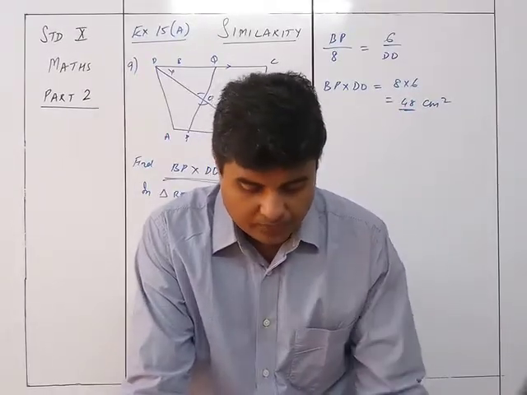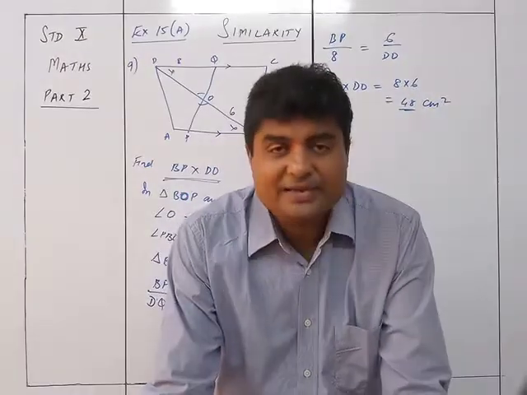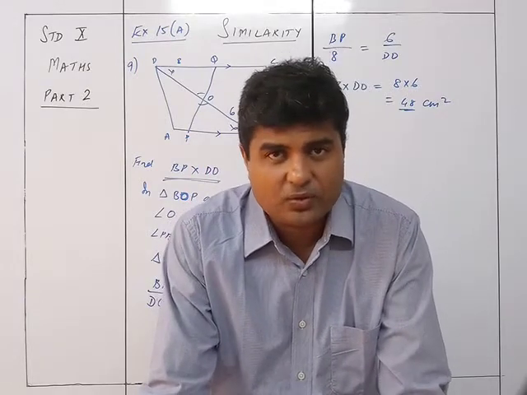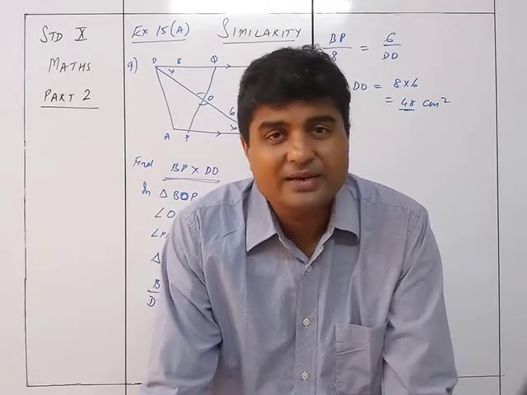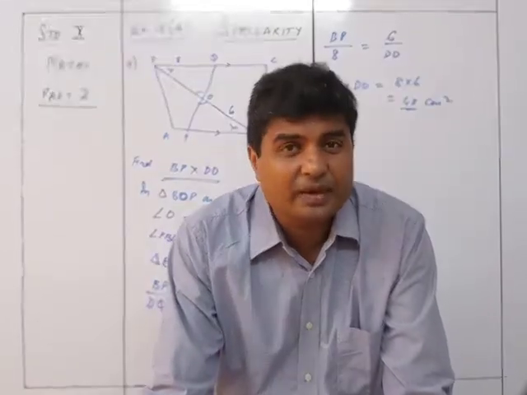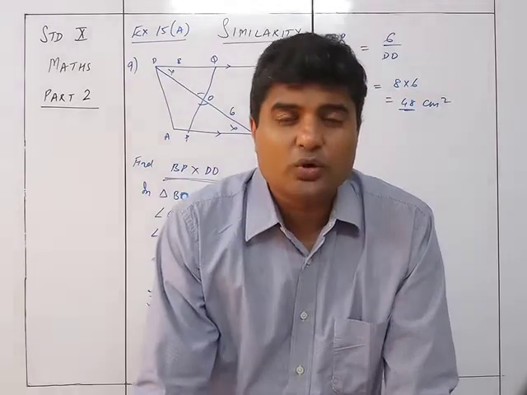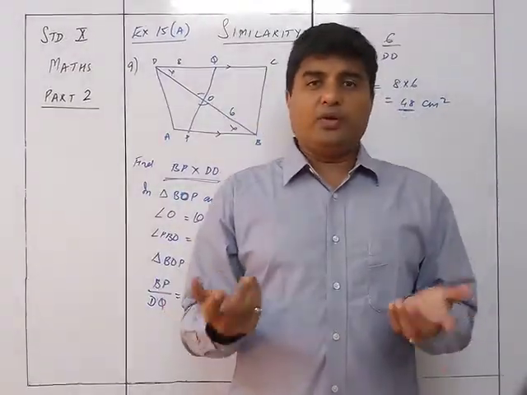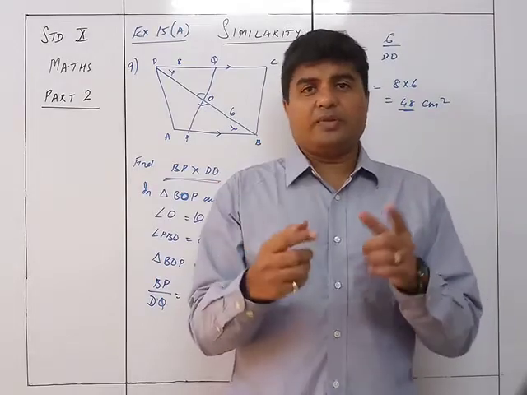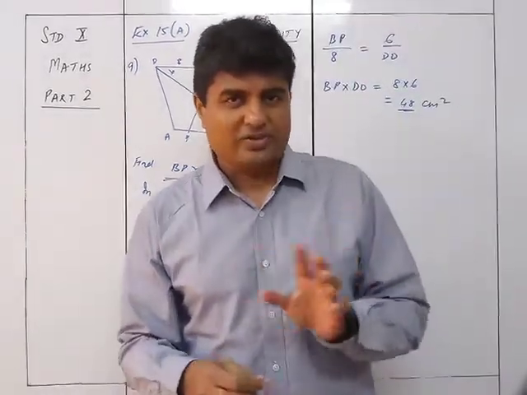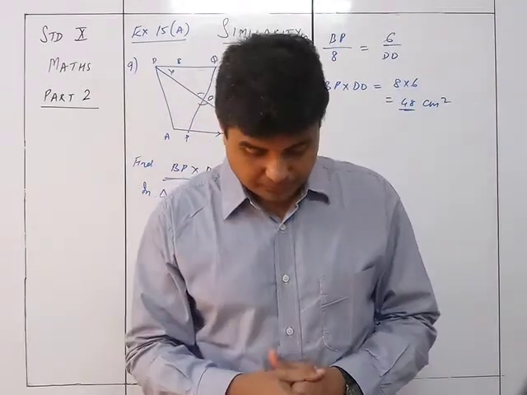So true. All equiangular triangles are similar. Yes, equiangular triangles are similar because if the angles are equal, then they are going to be equal. So that's why equiangular triangles are similar. True. All isosceles triangles are similar? No, not at all. Because isosceles triangle हो सकता है कि दूसरे दो जो sides equal जो angles है वो same नहीं हो. एक में 45, 45, 90 है, दूसरे में 30, 30, 120 है. कुछ भी हो सकता है. So they are not similar. So all isosceles triangles are not similar. False.